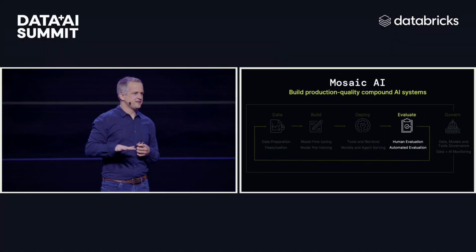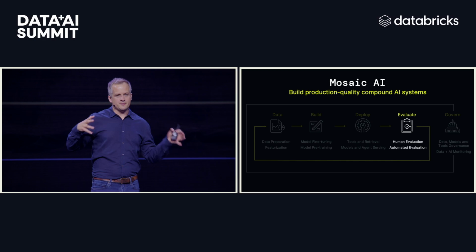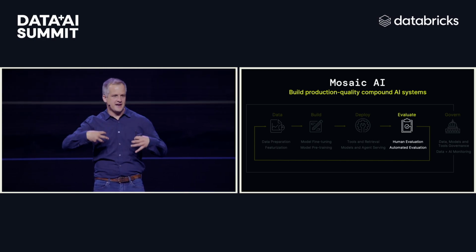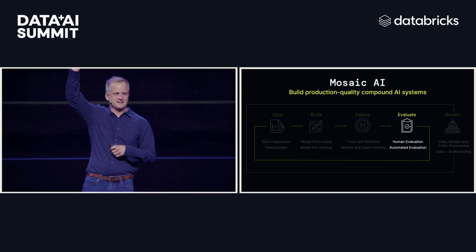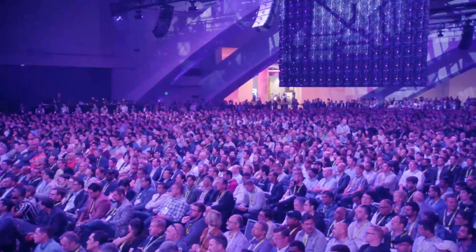I'm actually kind of curious to ask, show of hands, how many people in the audience have either built or used an internal demo of AI on the data inside of their company? How many people have done some kind of demo like that? Curious. OK, so it's like 60% of people. So we're seeing that everywhere. Every company is building internal demos, but then they need to go from the phase of having a demo to